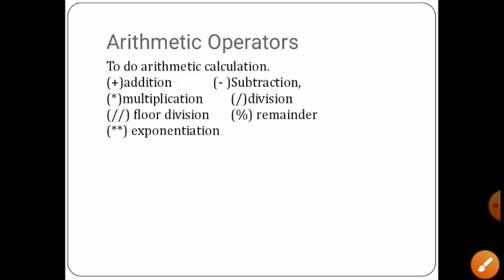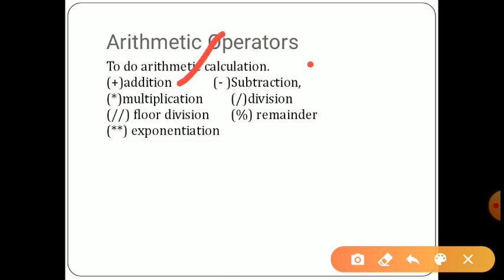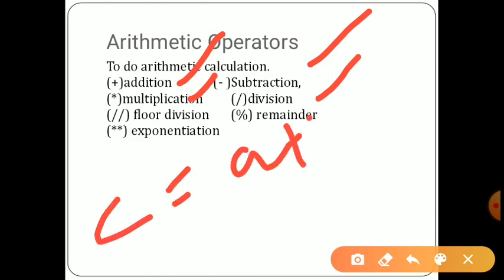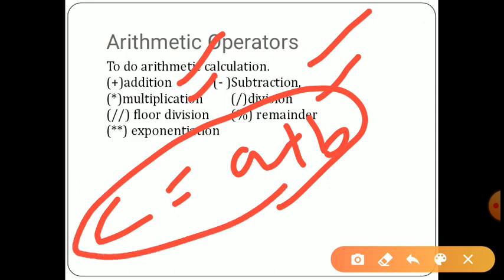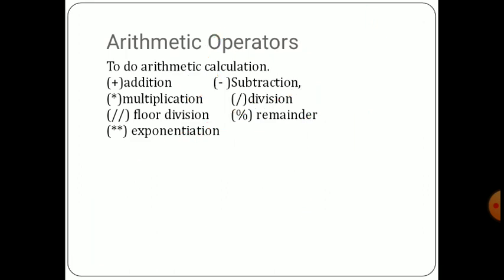In Python we are using so many operators. First I discuss the arithmetical operators. Just like in general maths, we are doing some calculation: addition, subtraction, multiplication, division. You are familiar with this, just like a is equal to a plus b. So these are the arithmetical operators. Python also introduced some new concepts: floor division, remainder and exponent. Later I will show what these are.